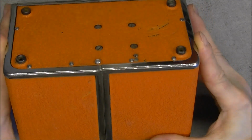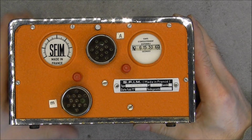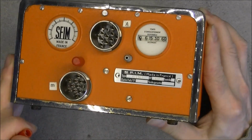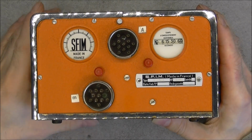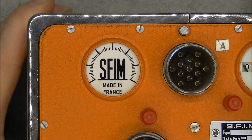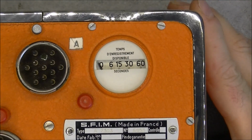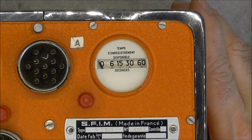So it is an orange box all in metal. On this front panel we have two connectors. These are actually air inputs for air pressure from the pitot tubes. We have a manufacturer plate and we have these two dials. I will zoom. The left one is actually just for decoration. It is nothing. And the right one is a remaining recording time counter up to 60 seconds, which seems incredibly low for a